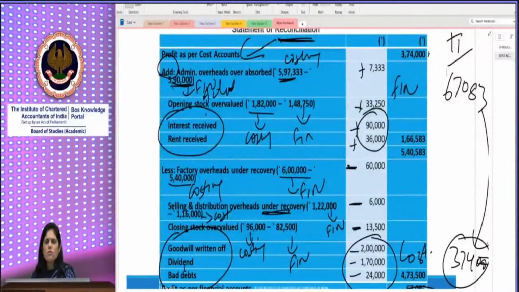Make all the accounts, all the 10 ledger accounts, you should do it. Practice it over and over again. Cost accounting system is best understood only if you practice. Clear? And reconciliation, the final word I'm again saying, do reconciliation both ways, always. Clear? So that you are thorough with the concept. Reconcile costing with financial and also reconcile financial with costing. Clear? So with this,